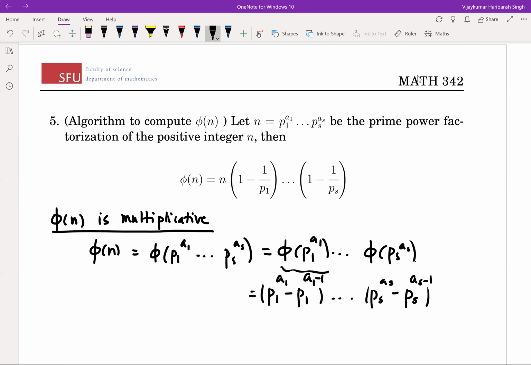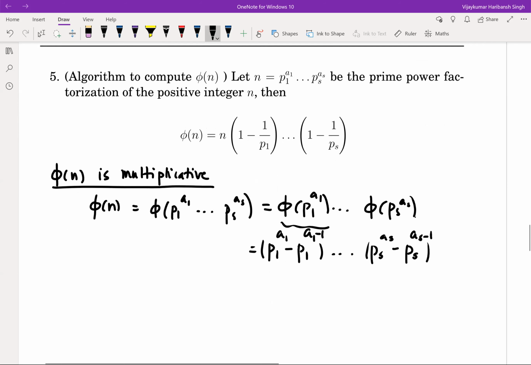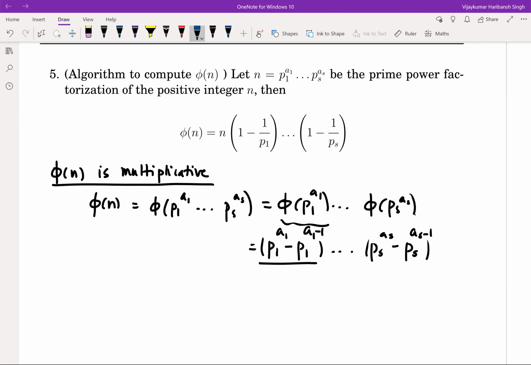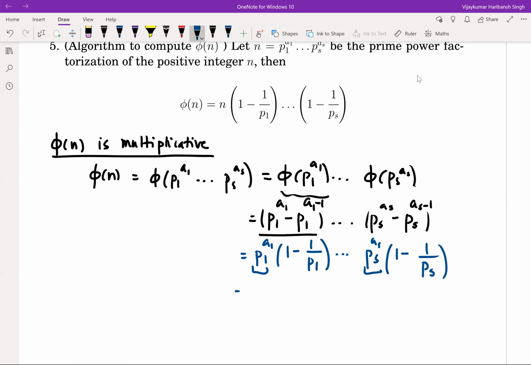So now out of this, let's take p1 common from the first part. If I take p1 common, what do I get? I get p1 to the power a1 common. I get 1 for the first part. The second part we have to write as 1 by p1, since there's 1 less, right? Similarly, we can take ps common from the last one, 1 minus 1 upon ps. Now pull out all these terms in the front,